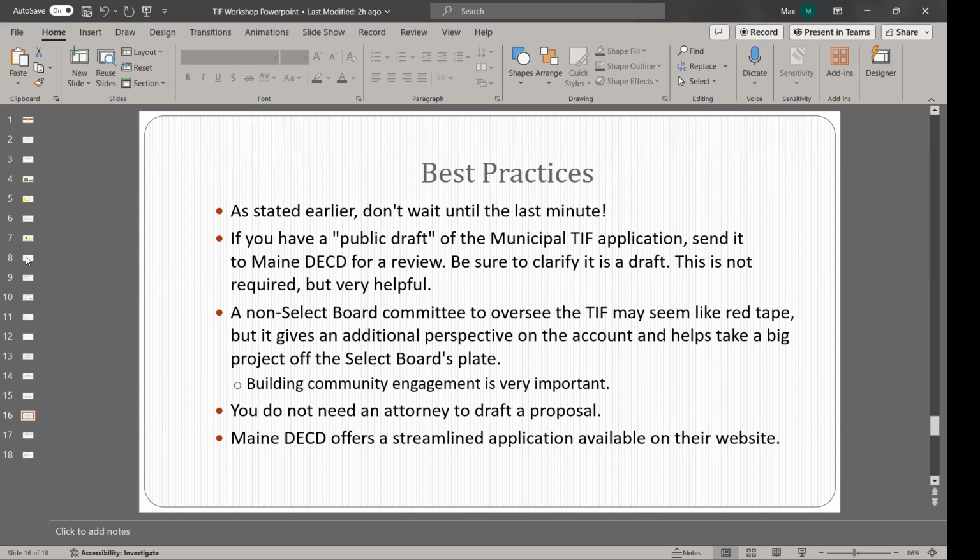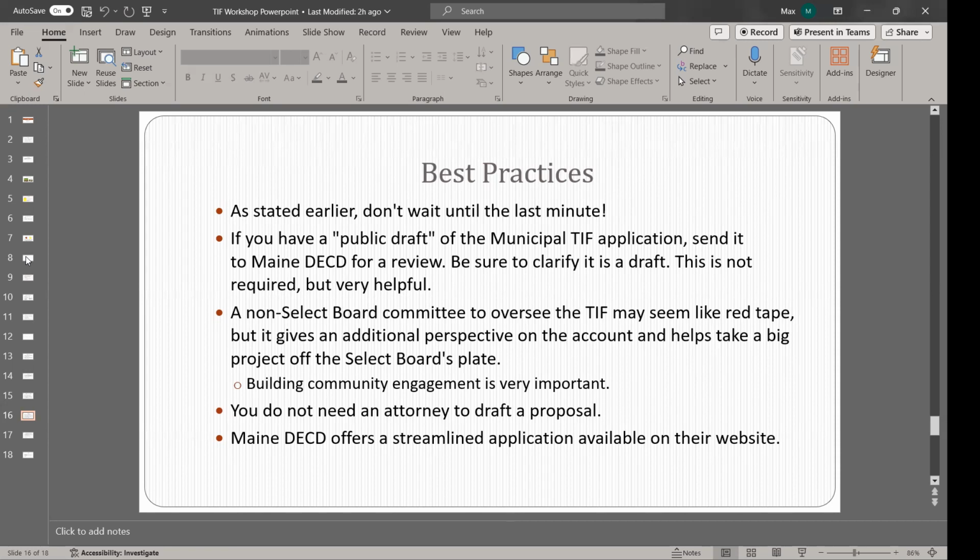But if they are not overwhelmed with work, they will be able to look at your public document and make notes so that if you have this last minute issue that I'm talking about, they can at least tell you ahead of time, well, if you change the wording here, here, and here, you don't have any problems. That's kind of helpful for that last minute ditch effort. It's not required, but it is a very, very helpful tool, especially if it's your first time and it's your last minute application.